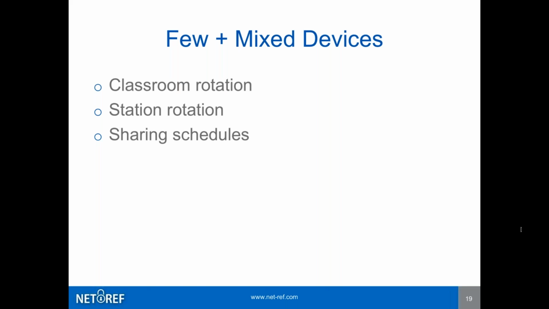So they'll be one-to-one every Tuesday because that's their day for getting the cart of that particular type of device. Or they know that you're typically in a station rotation kind of model where every class has a handful of devices that are just for them, and not enough for everyone, but for five. And there is a plan in place for when a teacher does want to go one-to-one, they know how to request more devices, how to reach out to their colleagues so that they can bring more devices into their classroom.